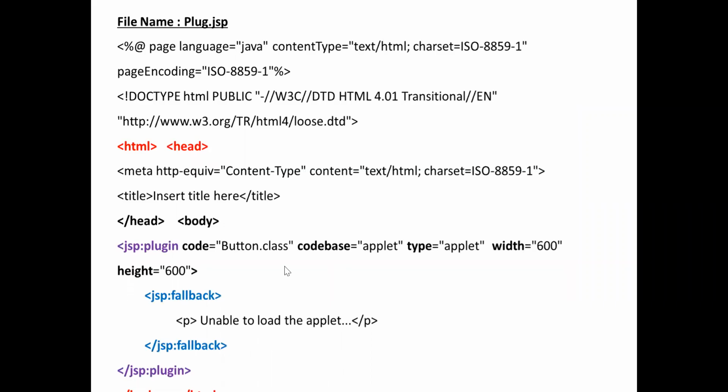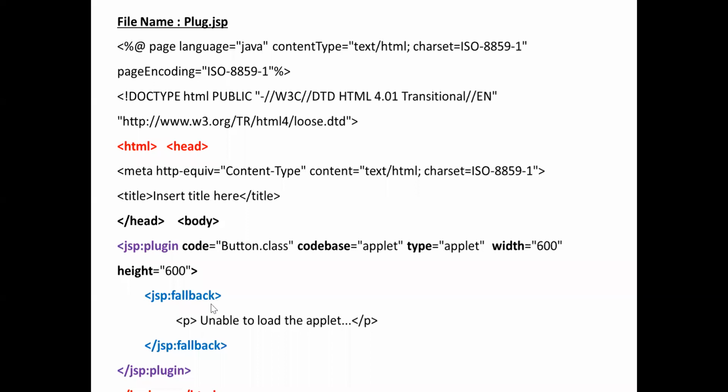And suppose the code base mismatches the applet, so it is unable to load the applet. This message, unable to load the applet, will be displayed on the monitor by using the tag, that is jsp:fallback.